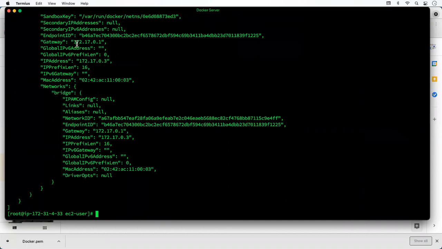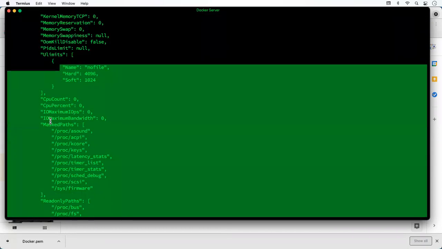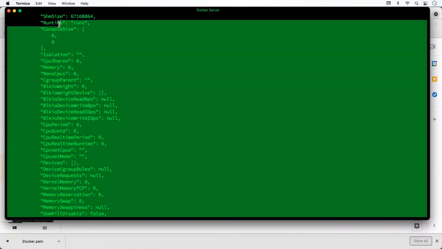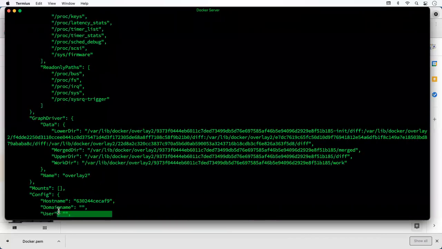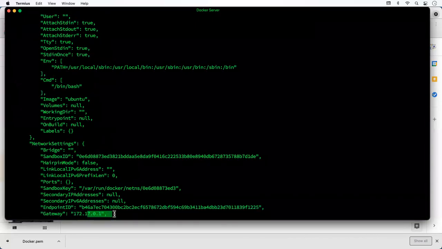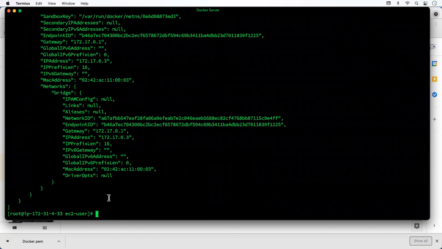You can see all the network related information here. So you can see the container IP is this, 172.17.0.3.